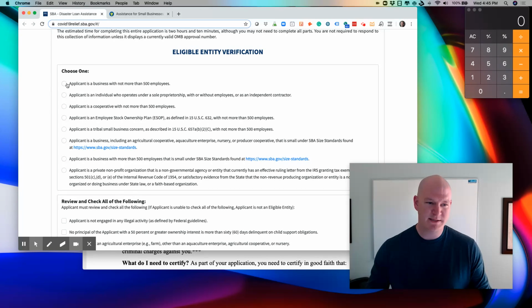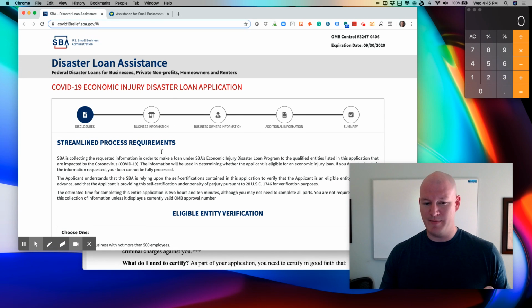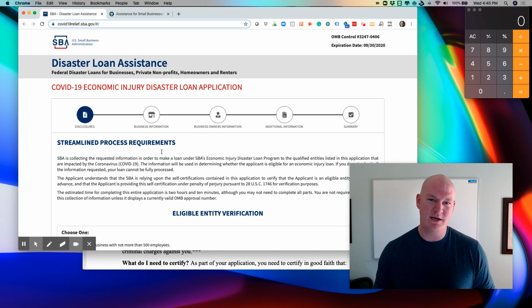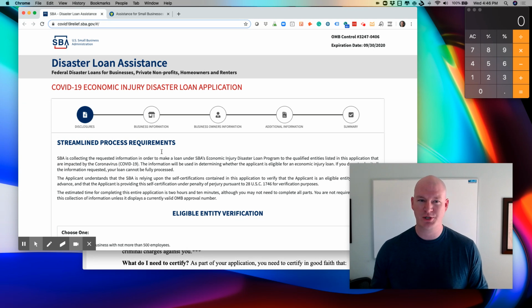If you're a small business, smaller than 500 employees, you are likely going to be eligible. You're literally going to walk through a two-page application and put in a bank account number. If you feel like you've been harmed economically by COVID-19, this is a $10,000 grant. Now, the $10,000 grant could be rolled into the much larger portion of the bill,